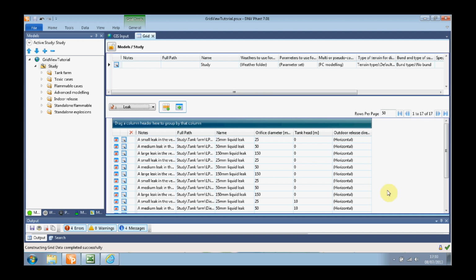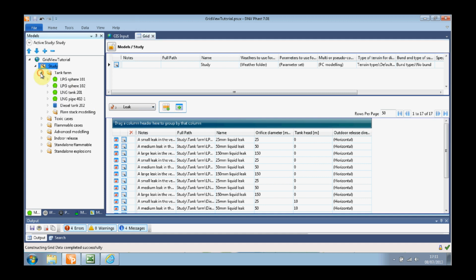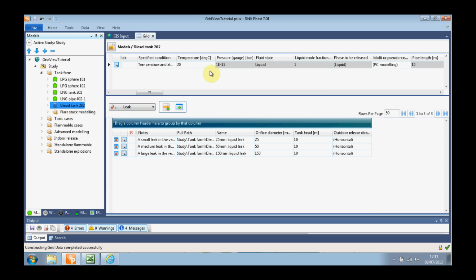Another feature of the grid view is adding data. You can use the grid view to add a new item in the study tree without having to use the insert option from the right click menu of an item. For example, if you wanted to add a liquid release from pipework with an average time varying release into the diesel tank 202 equipment, select the diesel tank in the tank farm folder to have this show highlighted in the upper grid,